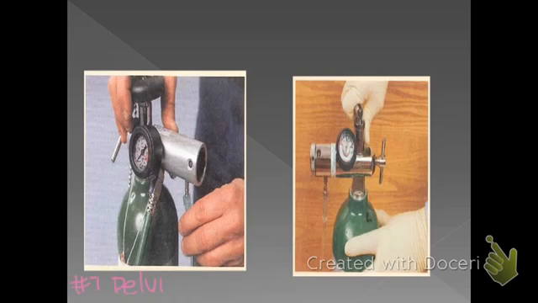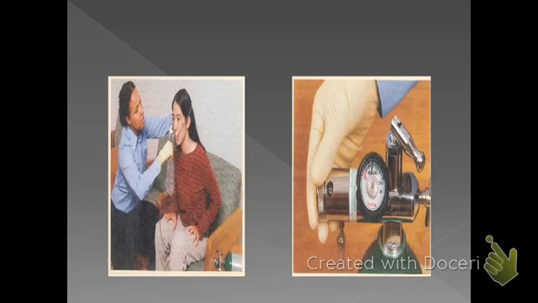and then after we've attached the delivery device, our next step in this process would be to turn on the pressure regulator to the desired liters per minute, and then allow air to flow through the delivery device before attaching it to our patients. This is a big deal because we want to confirm that air is flowing before we put it on our patients. Put the delivery device on our patients,